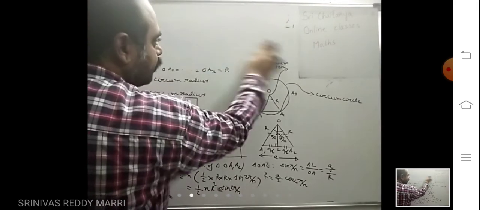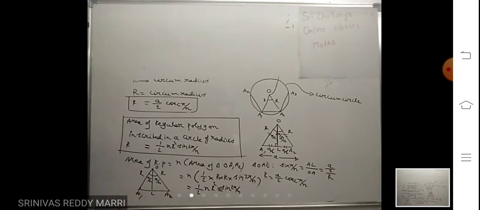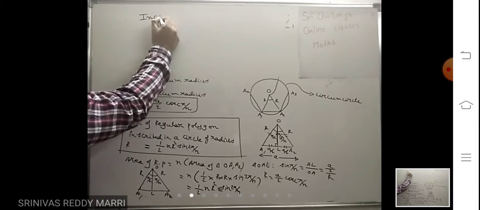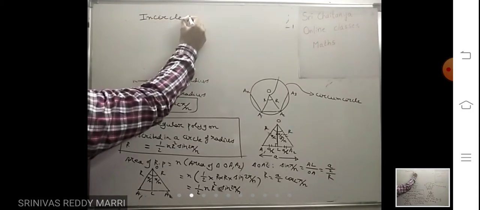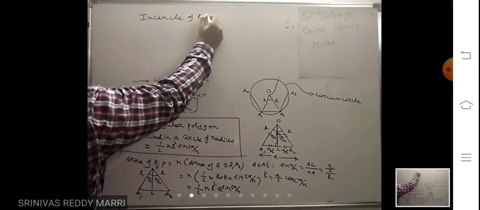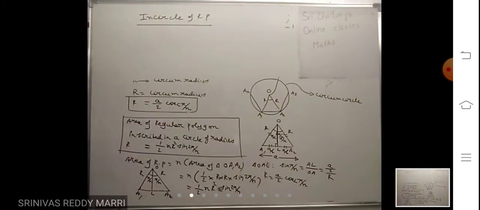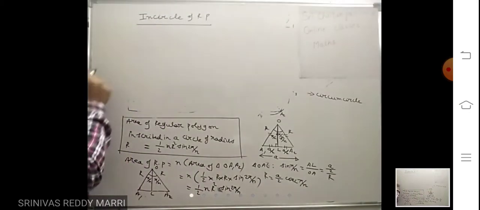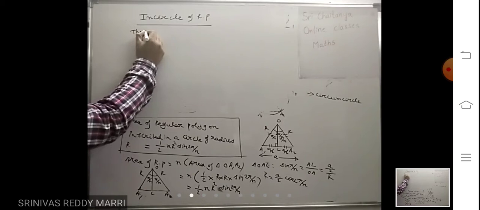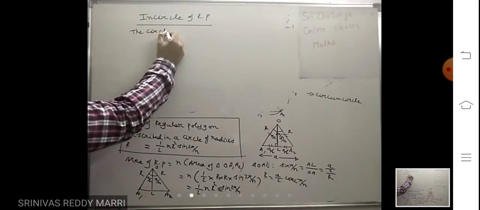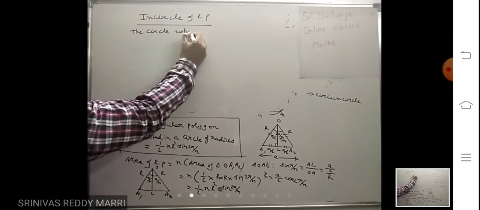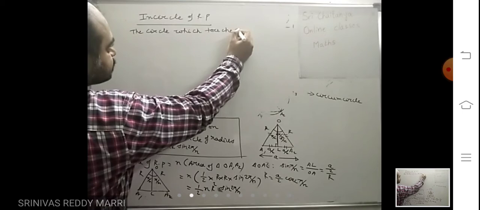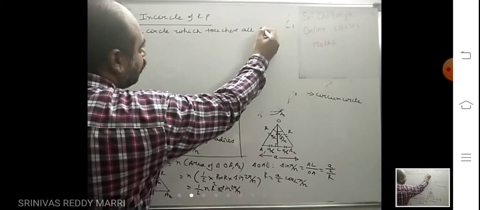Next, look at. Next, in circle of a regular polygon. This is nothing but the circle which touches all sides